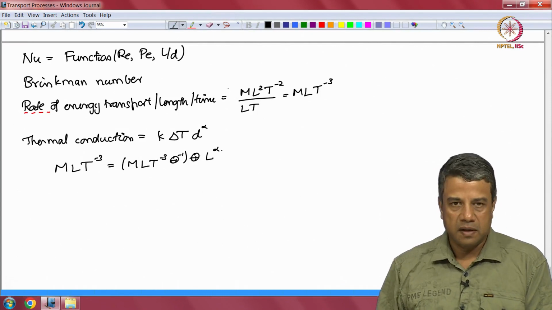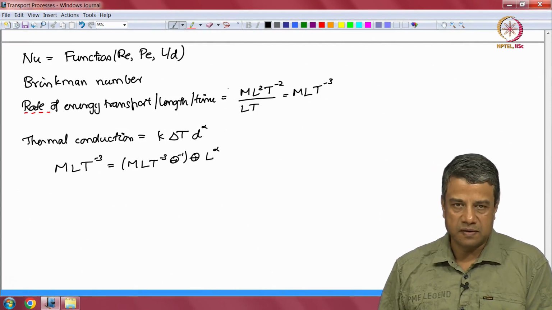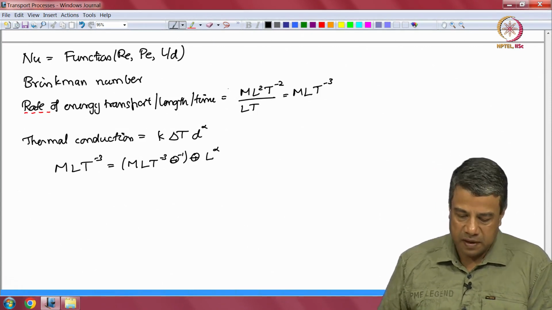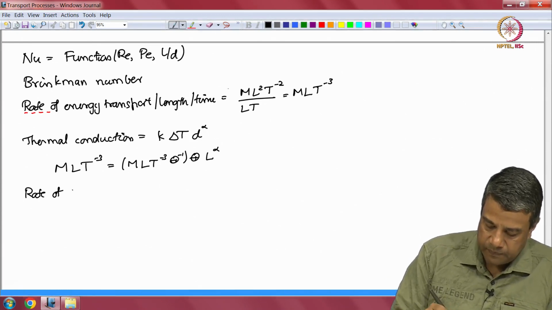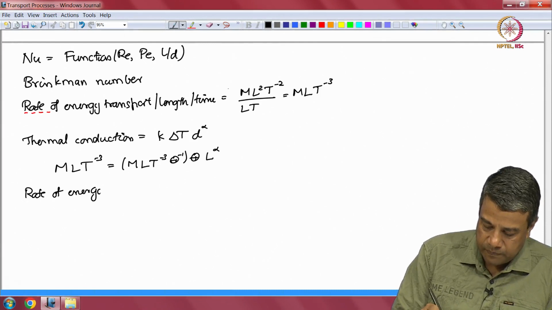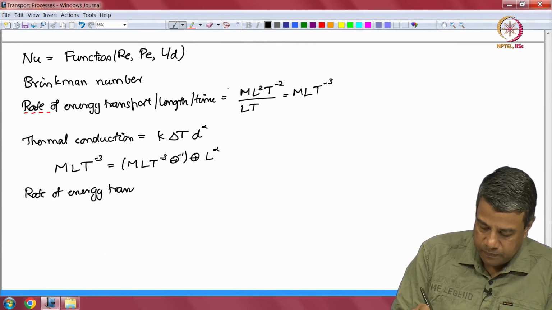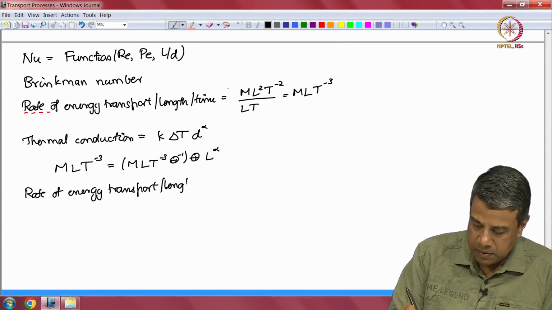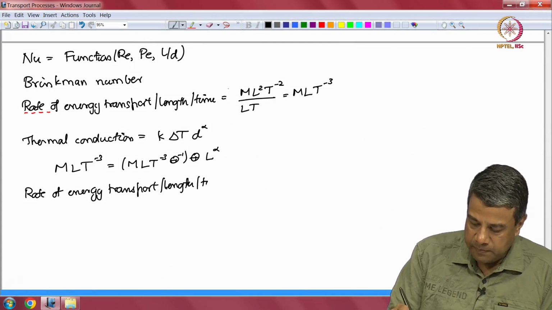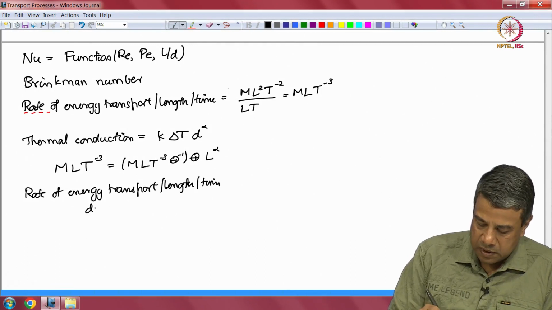And you can easily see from this that alpha is equal to 0. Therefore, the rate of energy transport per length per time due to conduction